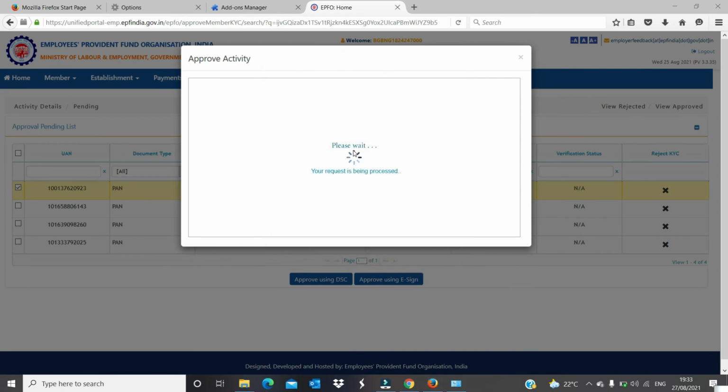Yeah, still it's loading. Once the loading is done, it will get a pop-up. But the thing is this only. You have to get the version which we mentioned so that it will work for you.